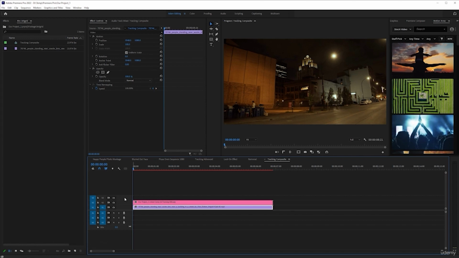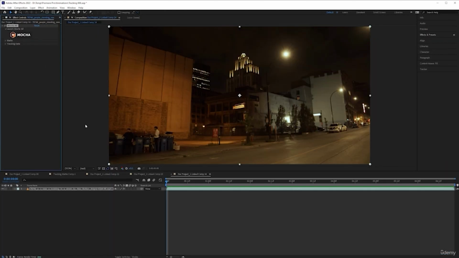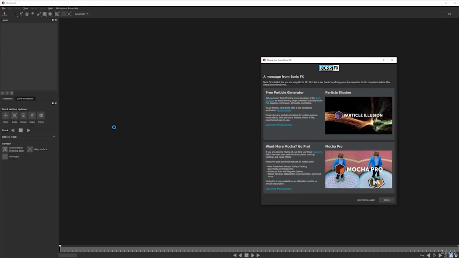That has effects controls too. In here, the only thing that we have right now in our effects controls in After Effects is Mocha. And to launch Mocha, it already tells you launch Mocha. We click the logo. And what this is going to do is it's going to open up effectively another program,